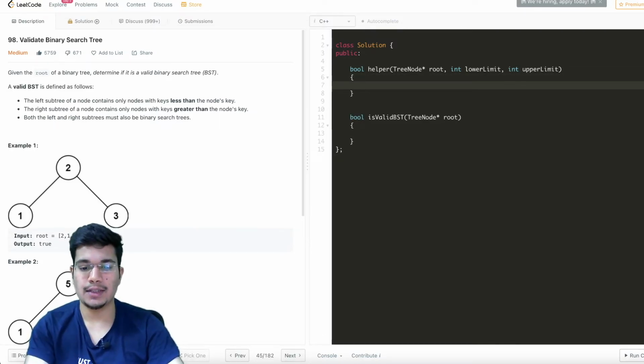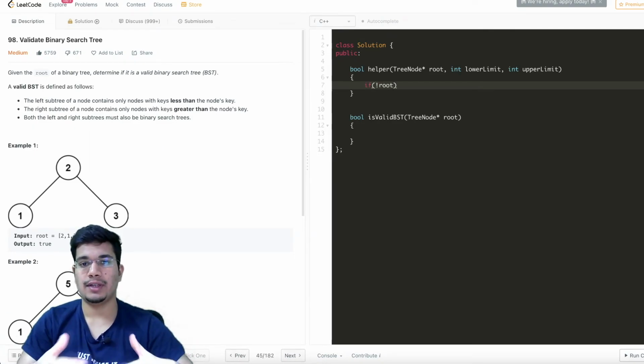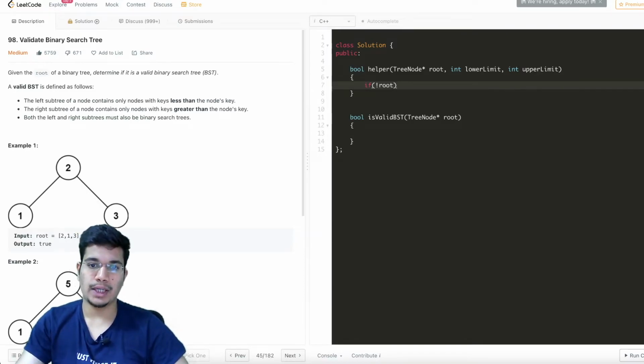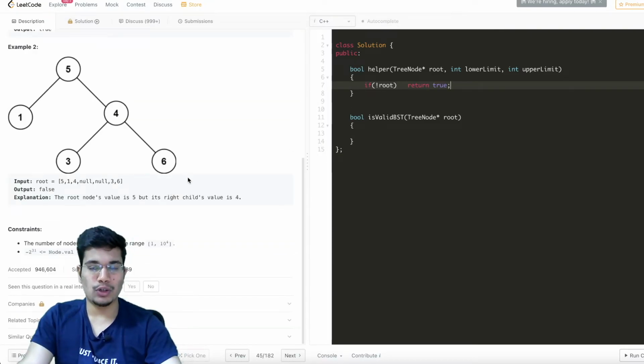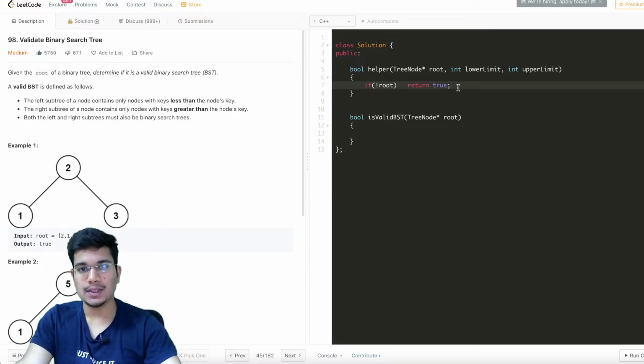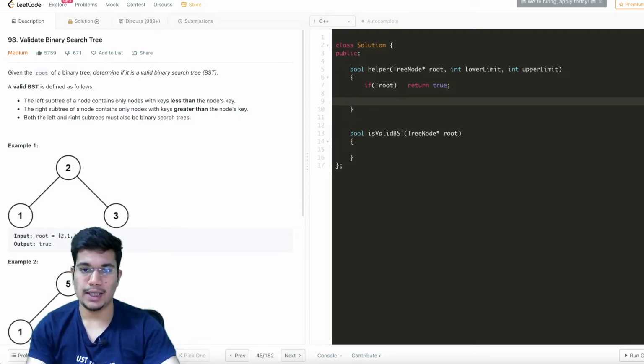So the first case that we need to handle is if the root node is null. So if I make a call to the left or right subtrees of the leaf node, or if my tree does not contain any value. So for an empty tree which does not have any node, we are going to return true, because an empty tree is also a valid BST, because having no node is not violating the property of a BST. So an empty tree is always considered to be a valid BST, and we are going to return true from any call made to a null node.